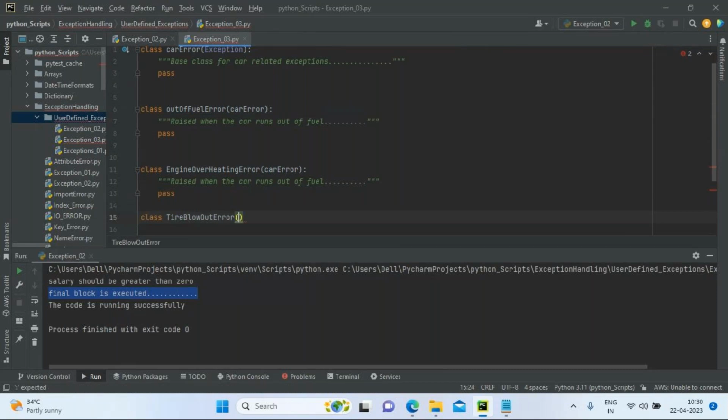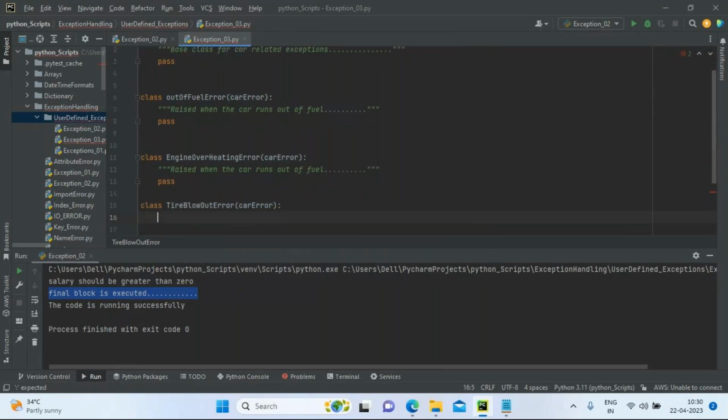The parent type we're going to use is CarError, and then raised when the car experiences a tire blowout. Okay, and then you can use one